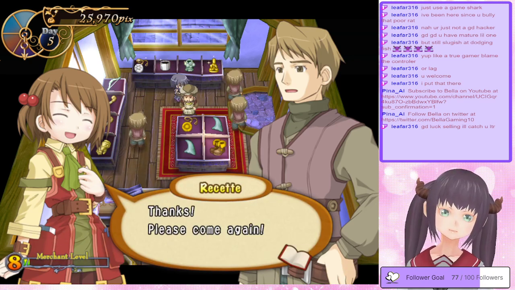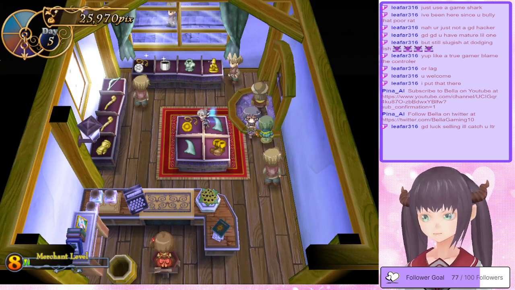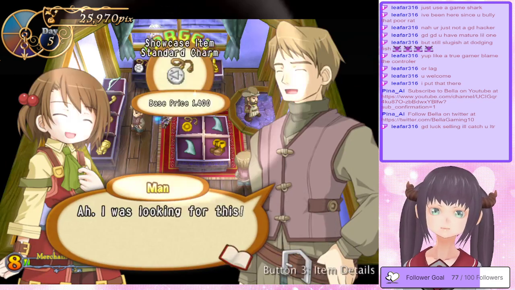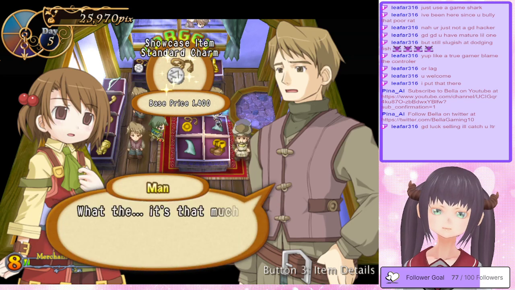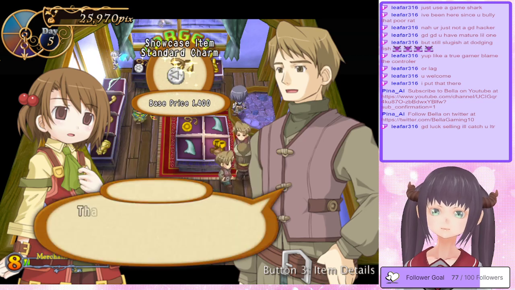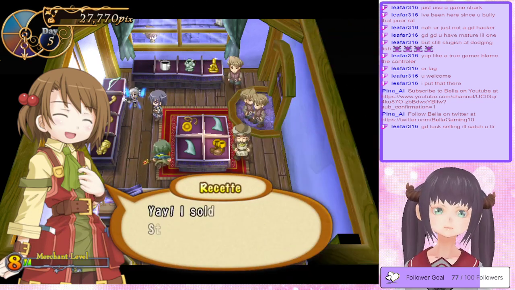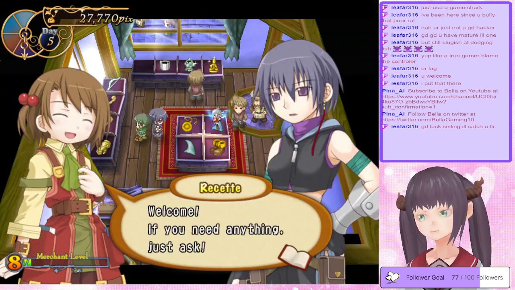There we go. So we're good. Yeah, we're not really in need of a lot of stuff. But, alright, cool. So let's see if we can... That's close enough. Not really worried about it. We just want to try and get to, like, enough money for...